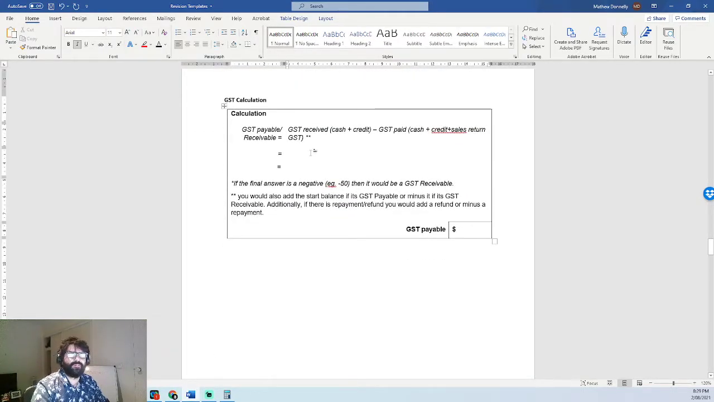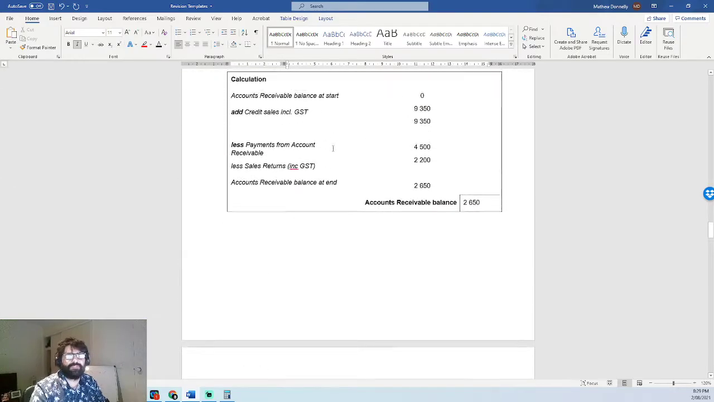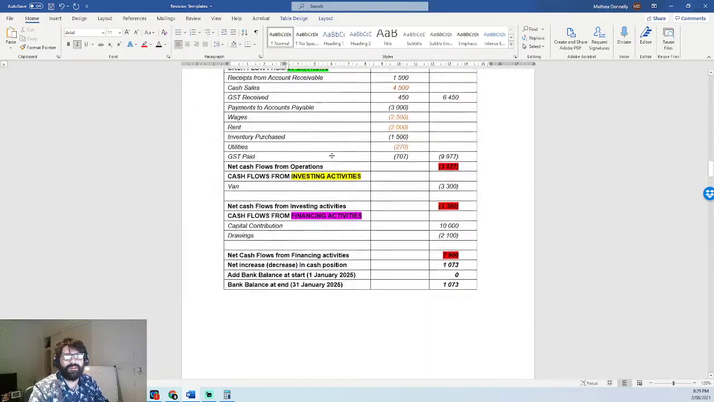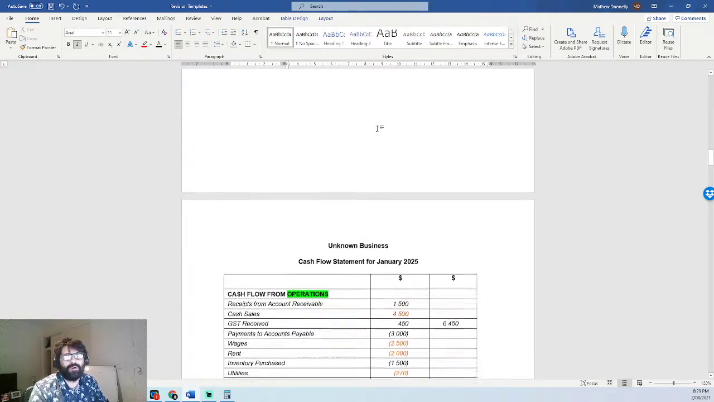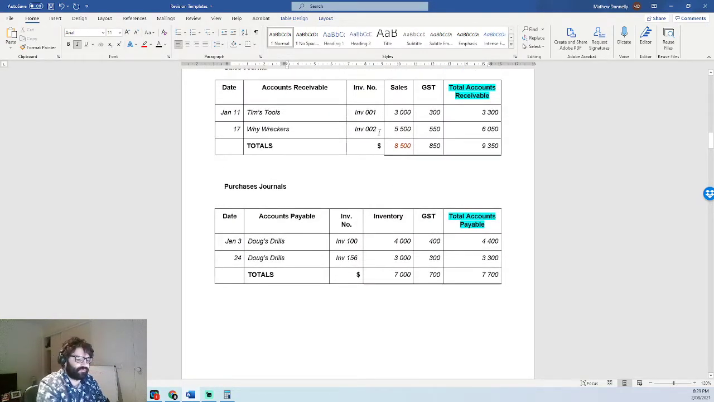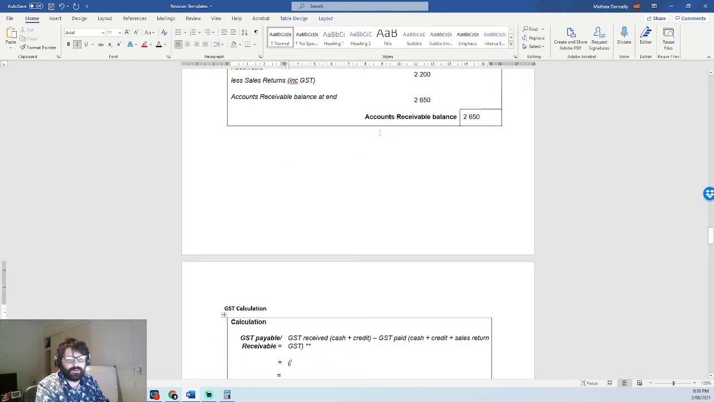So for GST, we got GST received minus GST paid, and that GST received also includes sales returns, or the sales return on receivable. Sales returns GST. And then you've got the receivable here. So that will be all part of that. So let's plug our numbers in. We get the cash and the credit received. If we go back up, we see the cash GST is 450, the credit is 850. So we go 450 plus 850,